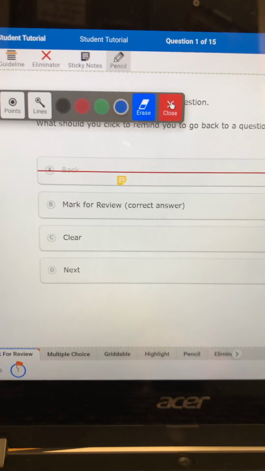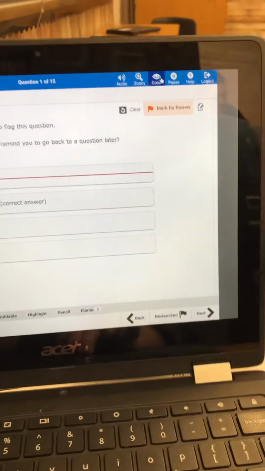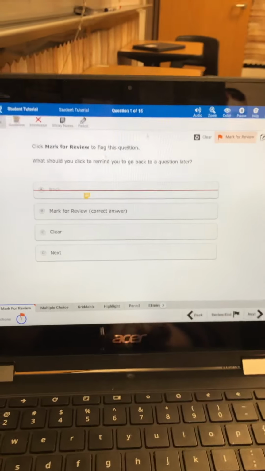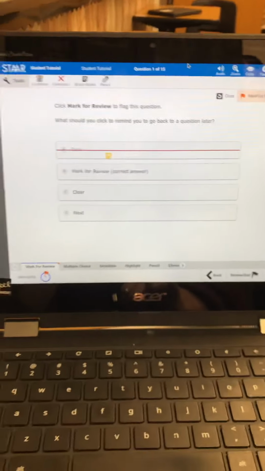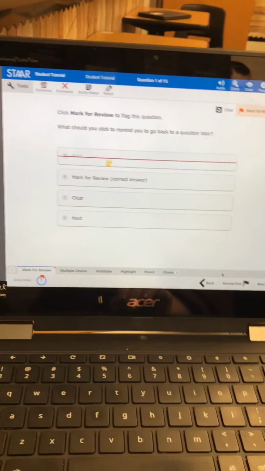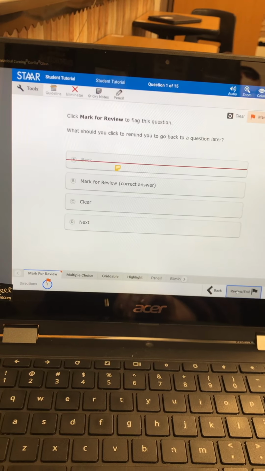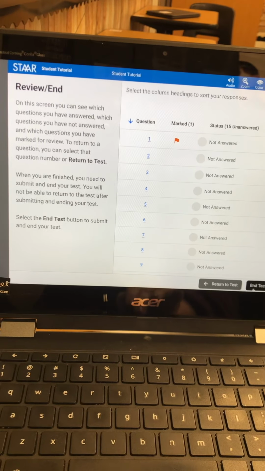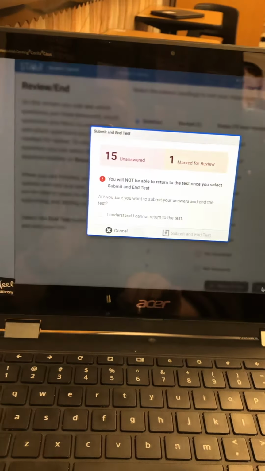Okay, so there's all kinds of little tools and features in here. And if you go through that tutorial, you can play with them and try them out, and that'll help you be more ready for your test. So especially those of you that weren't in class, you might want to do that. So I'm going to go ahead and end this